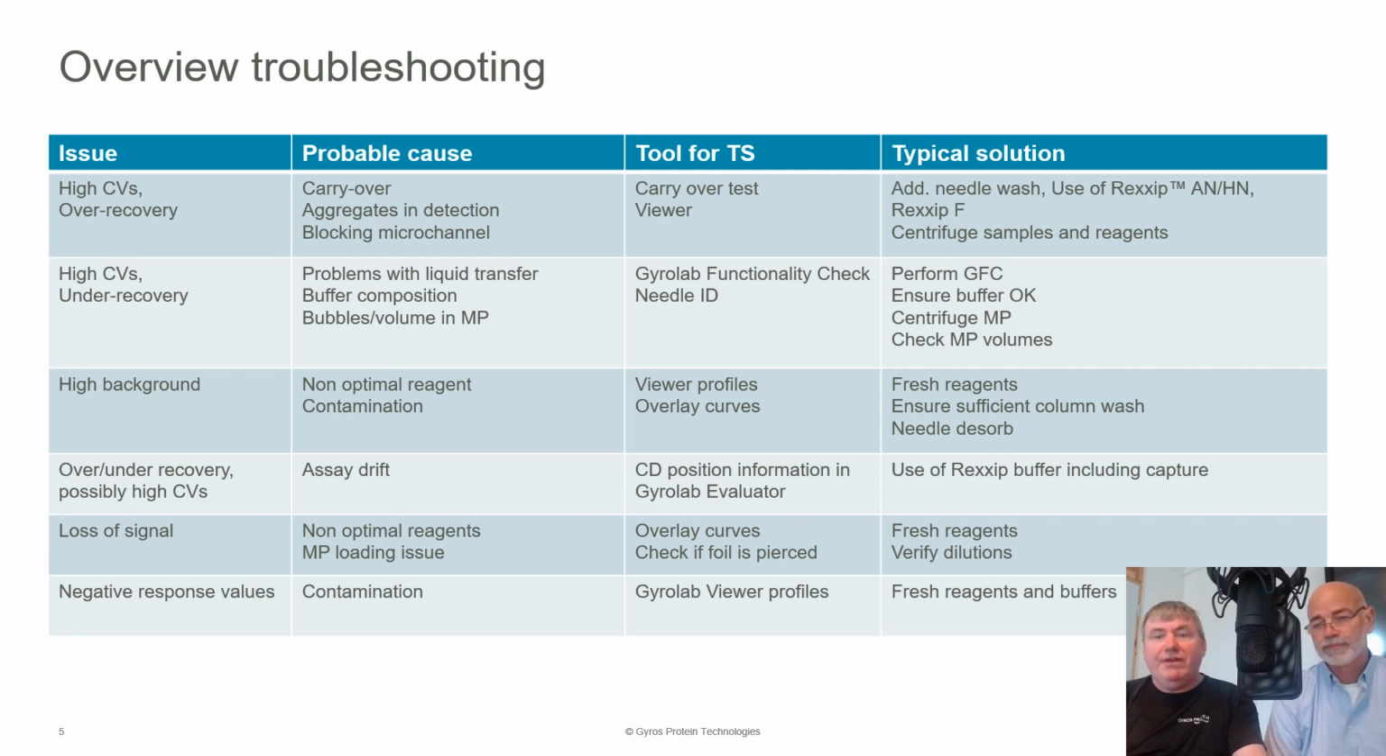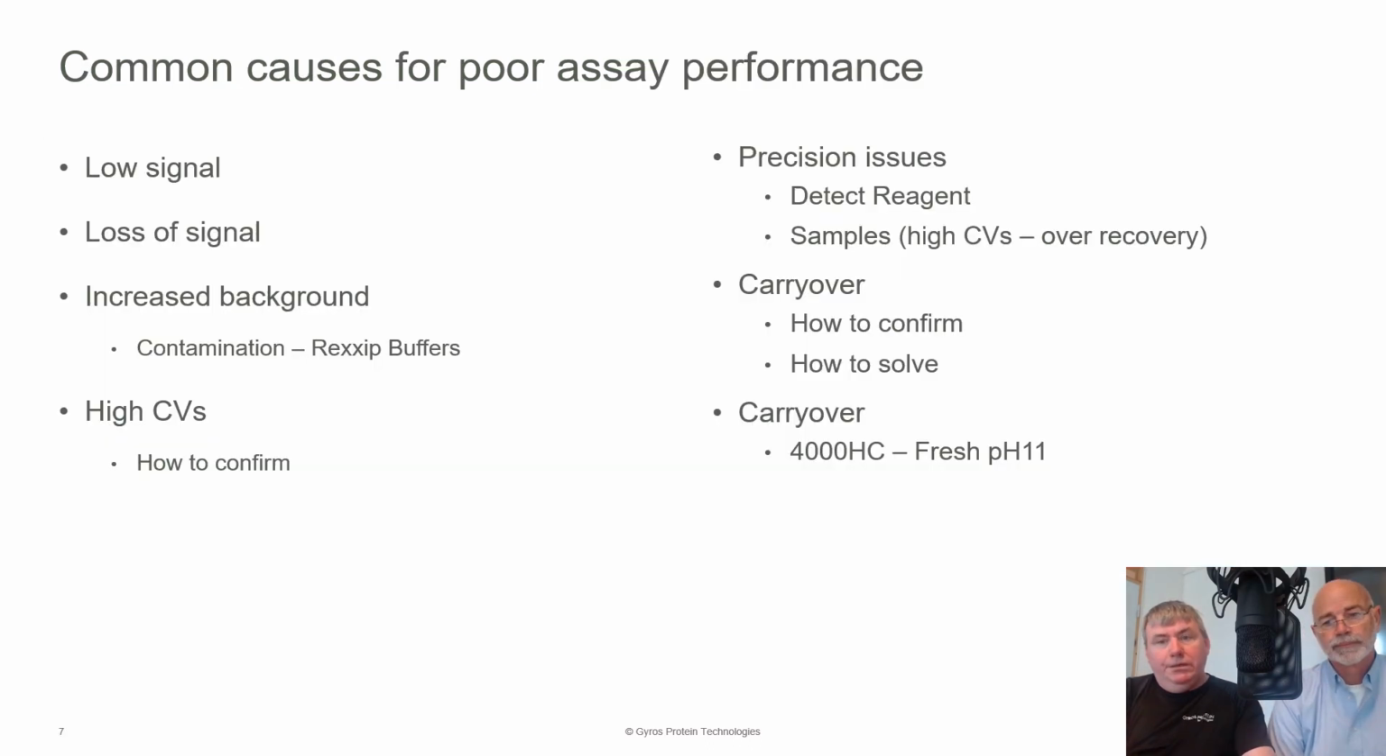It's a matrix effect, and there is a lot of flexibility with the Gyrolab methods, so we can really help improve assays. Some of the common causes of poor assay performance are a follow-on from the previous slide. You can have low signal, loss of signal, or an increased background, so you can look at contamination of